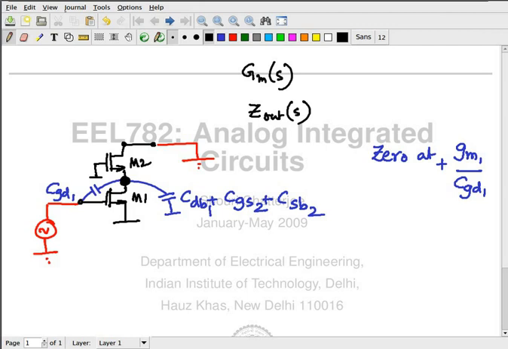Impedance means resistance and capacitance. What is the resistance that you see at that particular node? How do you compute impedance at a particular node? You ground the input, you nullify the input. If it's a current source, you open it. If it's a voltage source, you ground it. Okay. So I nullify the input, which means that I throw this out. Okay? And now, suddenly, CGB1 appears in parallel with the rest.